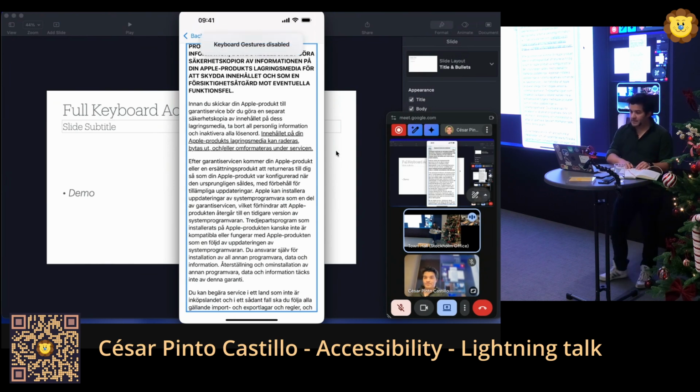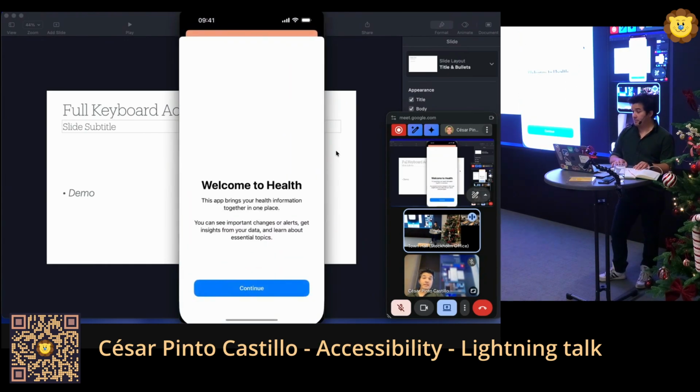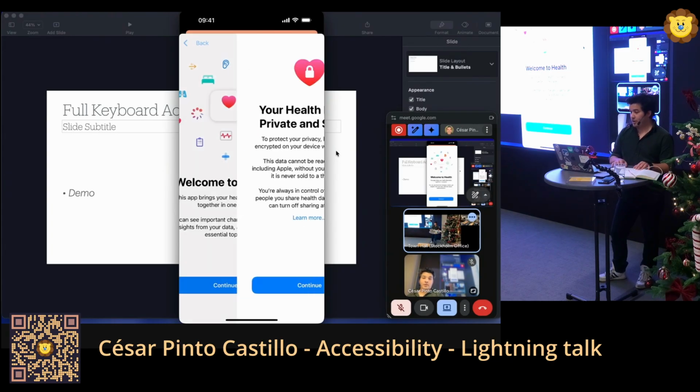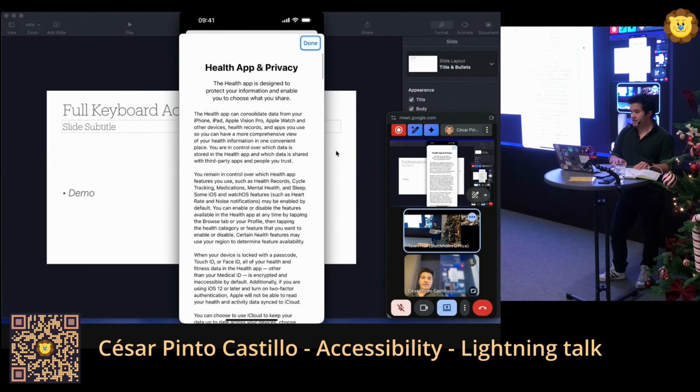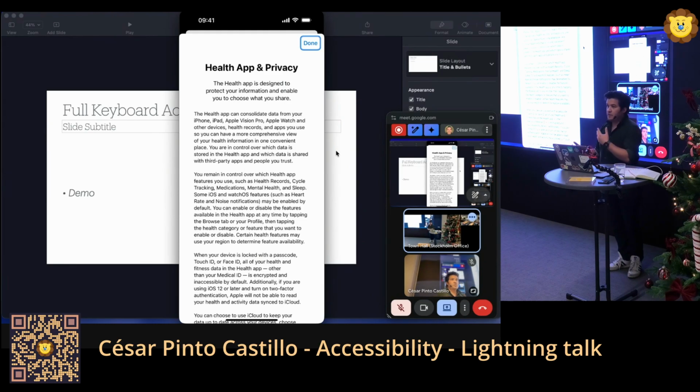Now, it's really easy to get this wrong. An example is Apple Health. We go into the onboarding, we see the learn more button, and ooh, we want to learn more. We get this. I cannot focus on this label. I press tab, I press up, down, left, right, nothing happens. What does this mean? It means I cannot view what is in here. So this is the sort of text I put in there. We have to enable focusability on some elements which we need to make available for the user.